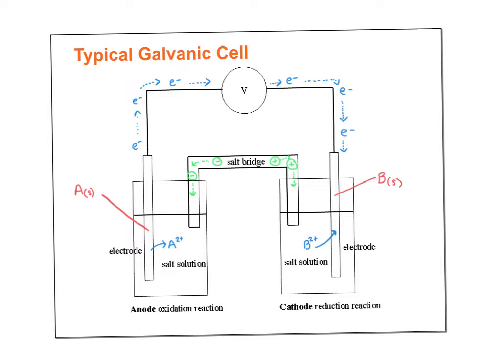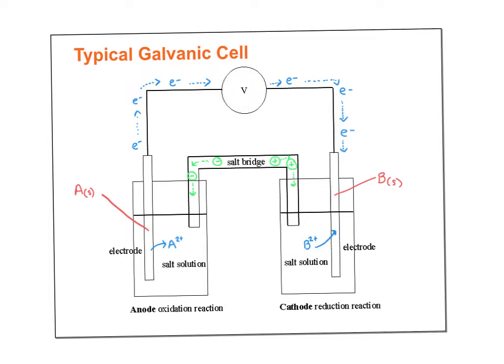Okay, here's what really happens. When we get this started, we will have some of the solid A lose 2 electrons and turn into more A2+. Remember, there's already some A2+ in here, but it's going to break off because when A loses 2 electrons, it forms A2+, and that's aqueous. It will dissolve. And so what do those 2 electrons do? Well, these electrodes are connected to a wire. And this is a voltmeter to measure the voltage. You could put a light bulb or something like that here to show that there's electricity, but this would just